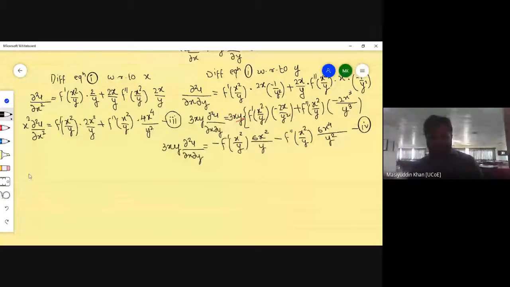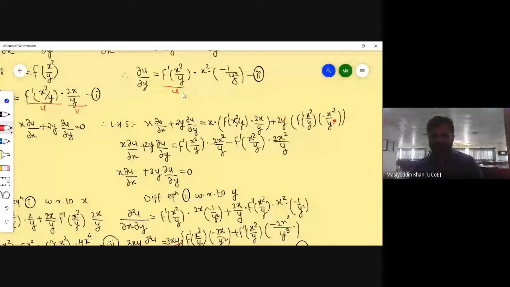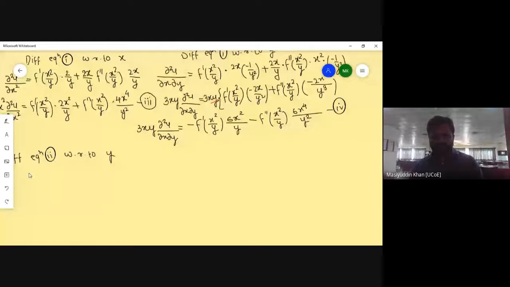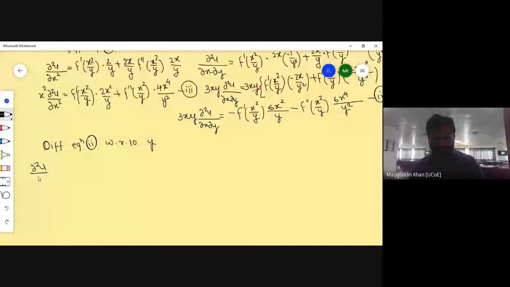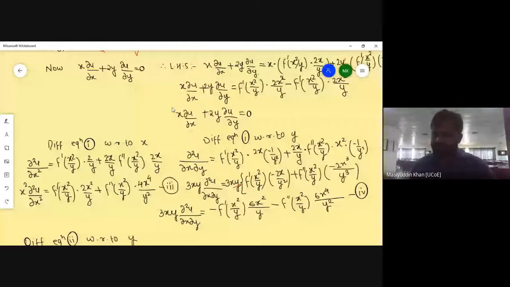Now differentiating equation 2 with respect to y. इक्वेशन को हम विथ रिस्पेक्ट टू y डिफरेंशिएट कर डालते हैं फटाफट। कौन से इक्वेशन को? सेकेंड इक्वेशन को। अगेन दिस इज अगेन गोइंग टू बी u इंटू v रूल और प्रोडक्ट रूल uv पूरा। So f dash, so dou square u by dou y square is equal to first as it is f dash of x square by y into derivative of this part with respect to y। अच्छी तरह से ध्यान देना है, x square as it is रह जाएगा आपका,